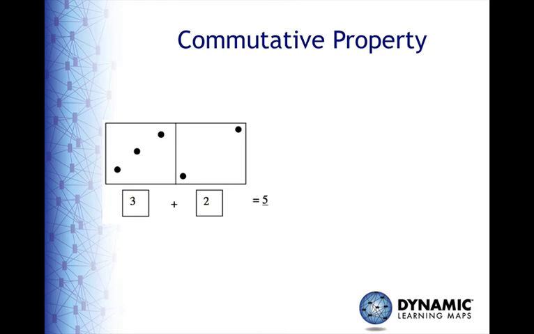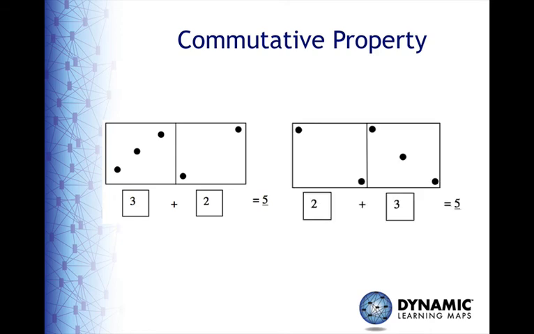Another activity to help students understand the commutative property is called Flip the Domino. The students write or indicate the quantity on each side of the domino and then find the sum. Then a student or teacher flips the domino so the amounts are reversed, and again the students write or indicate the quantity on each side of the domino and find the sum. Do this with several dominoes, being sure to model the think aloud. When you add two numbers in any order, you get the same answer. Addition can go back and forth.